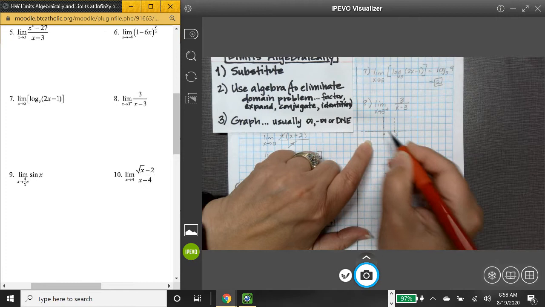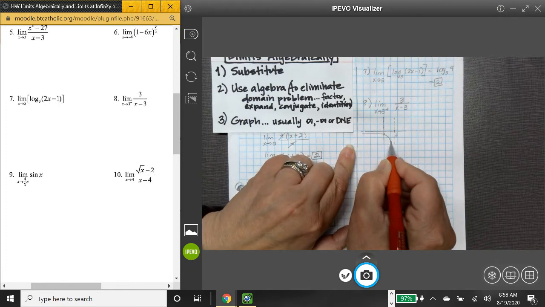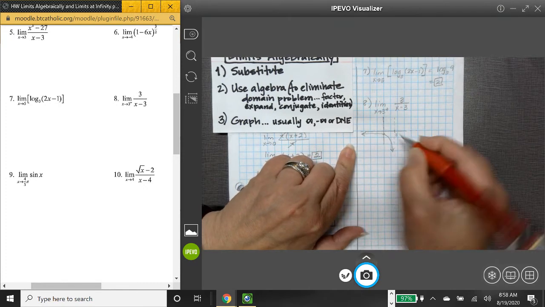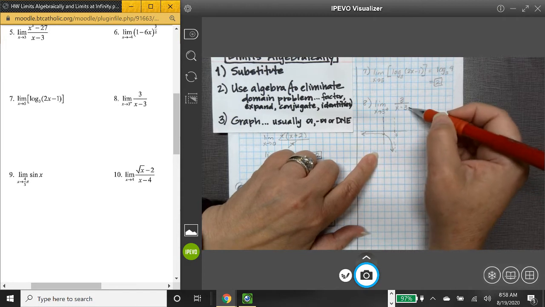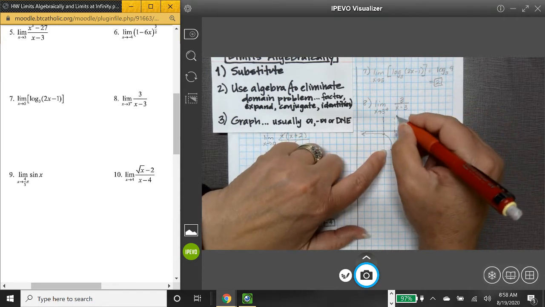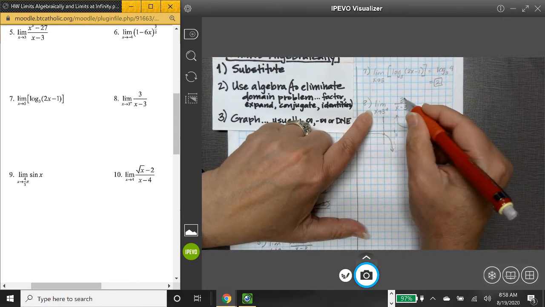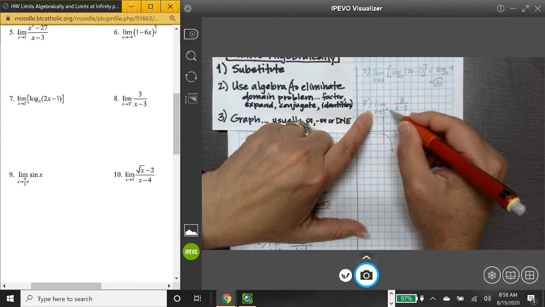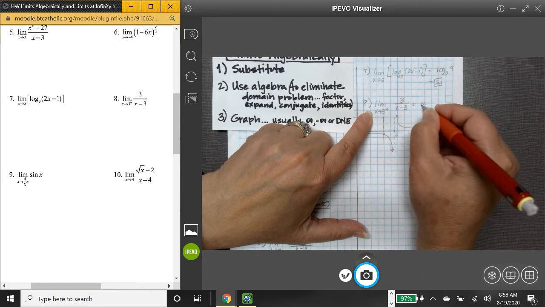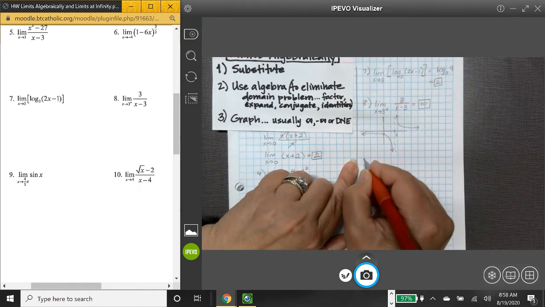I'm going to put that right about here. So I know this part of the graph looks like this. And the multiplicity of the 0 here in the denominator is 1. So I'm going to pass through infinity and come out the other side. There we go. So the limit of 3 over x minus 3 as x approaches 3 from the plus side is infinity. Number 9,